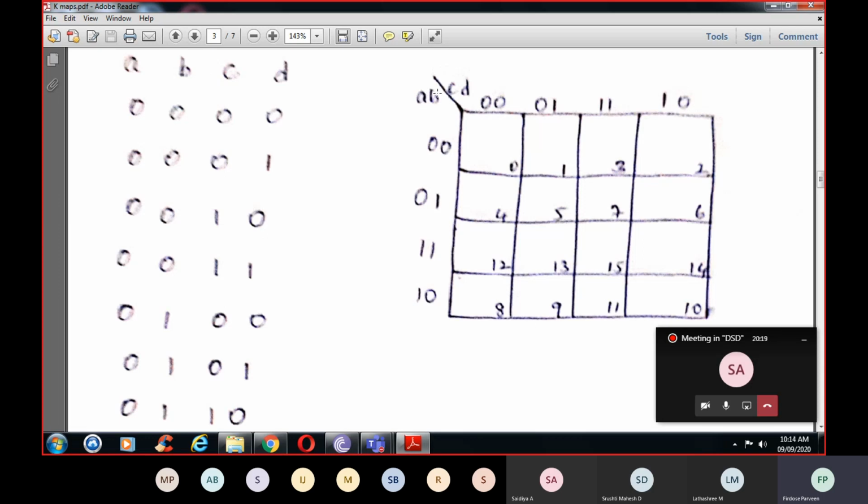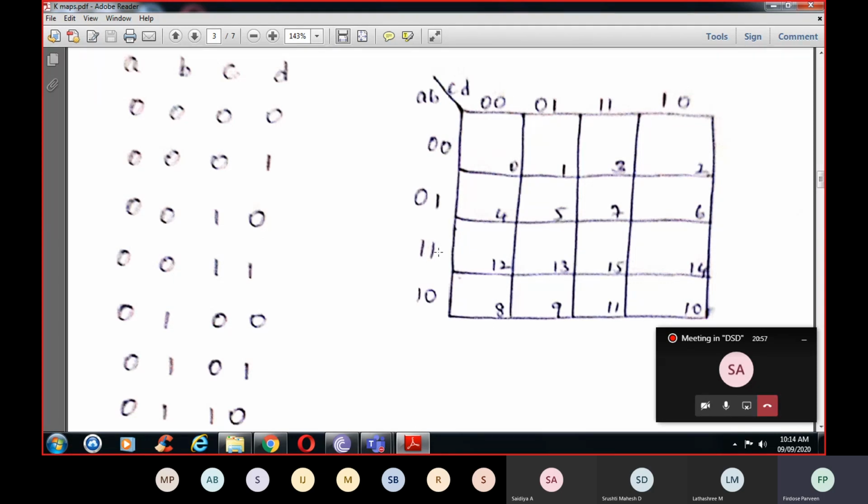As you're having 2 variables here, so you'll be having 4 combinations. So I'll be writing 0, 0, 0, 1, 1, 1, then 1, 0. As I've told you, why it is, you compare this cell with this cell. When you compare this and this cell, here only one number will be varying, that is 0 and 1. If suppose I put 1, 0 here, what happens? 0 is changing to 1, 1 will be changing to 0. So the 2 variables also will be changing. So we don't want that. Only one variable should change. When it is adjacent, it should change with only one variable.